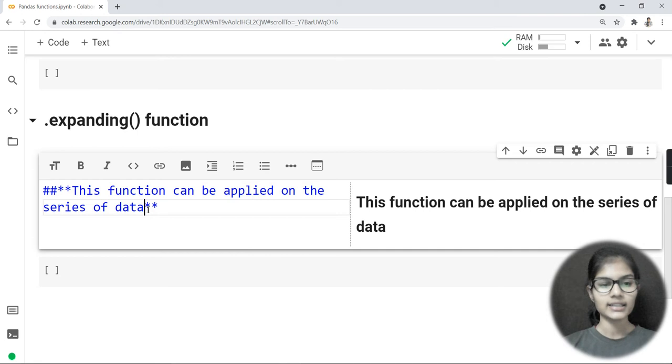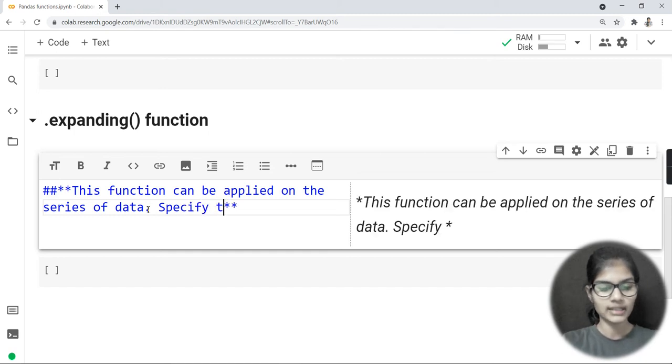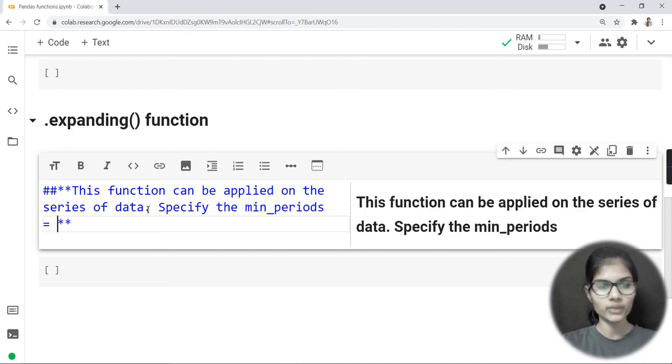Now basically here the name and the argument are a little different. Previously the argument was window, right? Now here we have the argument min underscore periods. So this is the argument which we are having. I would put a dot here and specify the argument, min underscore periods is equal to n. So for this argument also, you need to specify some n value as we had done previously.